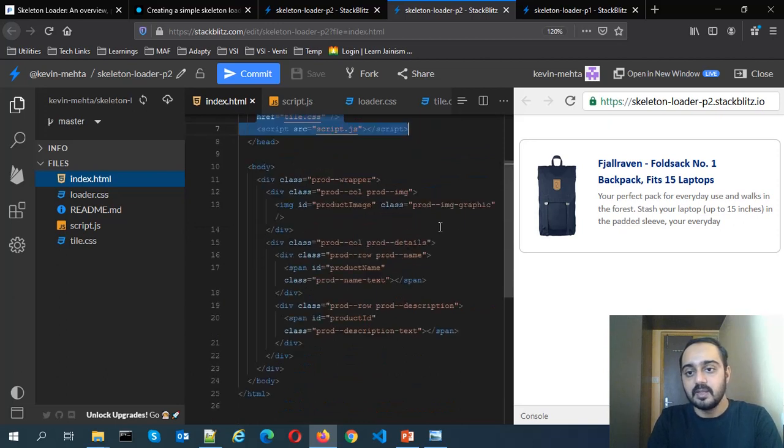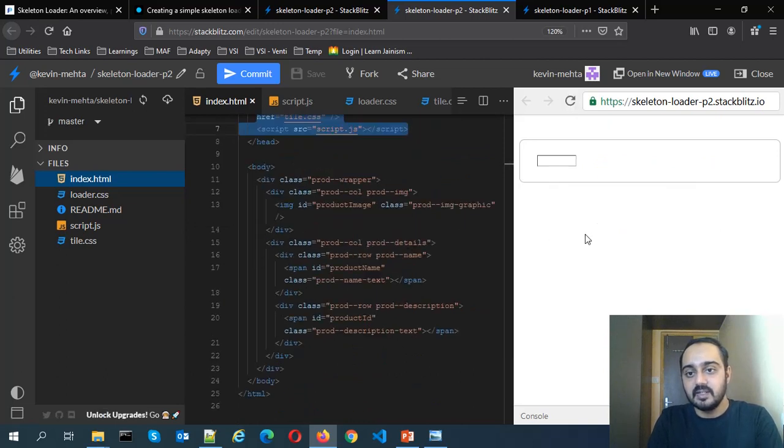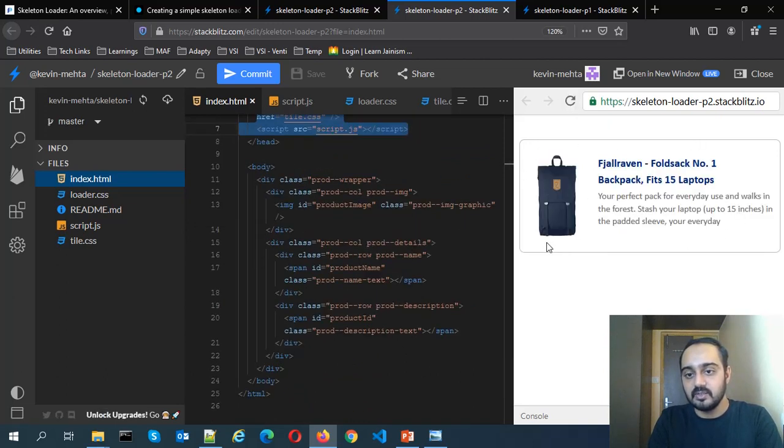Okay, so if we see, currently we are not seeing any skeleton loader, and it is taking some time to fetch the data as the data is coming from the live API. So we will integrate our skeleton loader into this implementation.